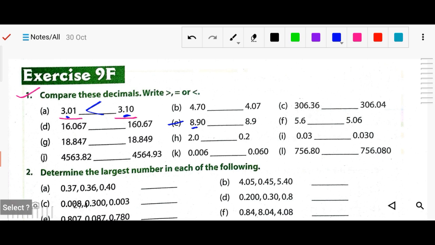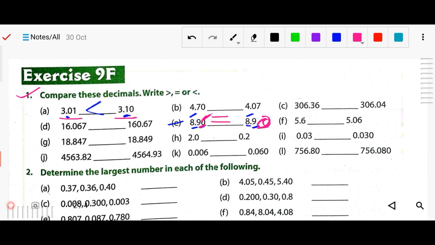Another one you can see here, E. Here is the 8 and also here is the 8, so same, no conclusion. Next is 9, also here is the 9, again no conclusion. But there is one extra 0 here, and here is no 0. As I just told, if there is a 0, you can also place a 0 here, no problem, because we just write the equivalent fraction. So both are equal, so here will be the equal sign.